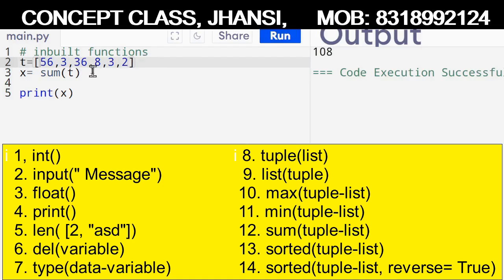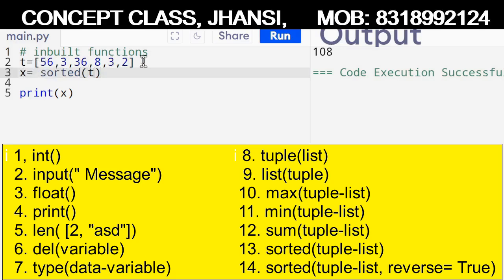Now the most important thing is that there is another function with Python which is not part of any tuple or list. It is sorted. If you give it the T, then it will produce a new list,